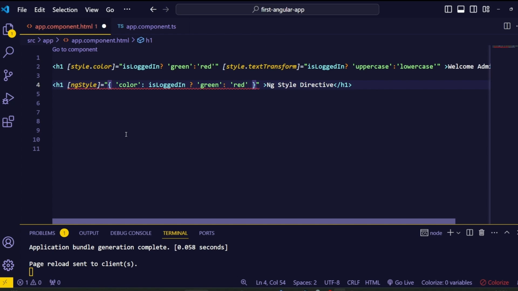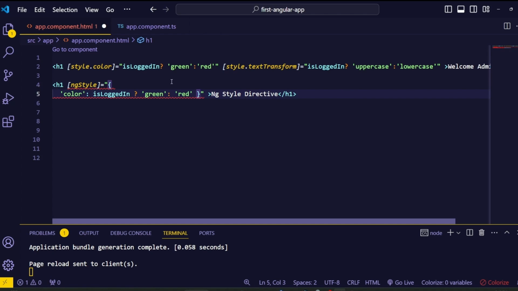Do we have to add another ngStyle to this? Now guys, unlike the style binding, here we can stack multiple styles to this single ngStyle directive. So let's see this in action. I'll break this into the next line so we can see this clearly. So after the first style, add a comma, and in the next line, simply add the second style and